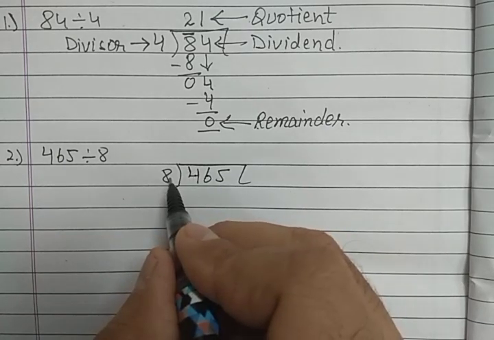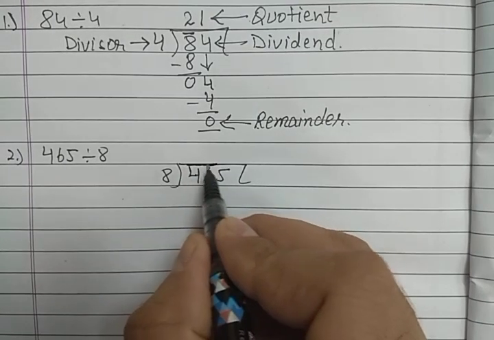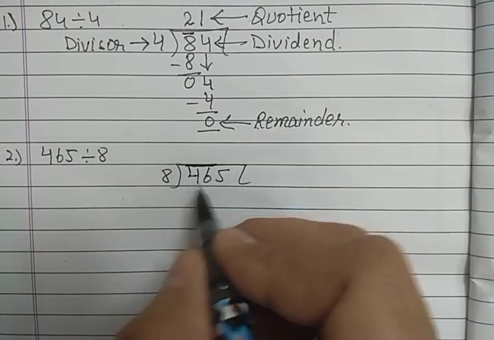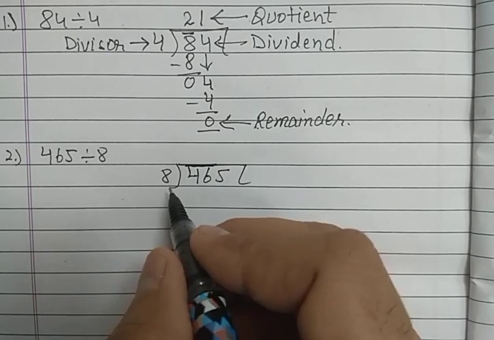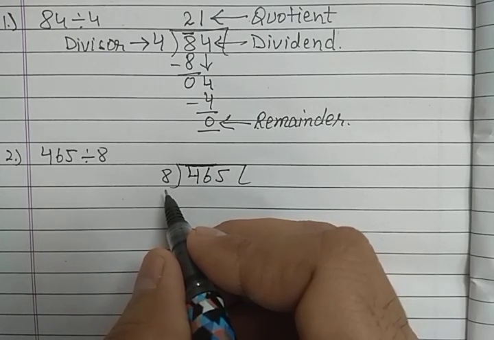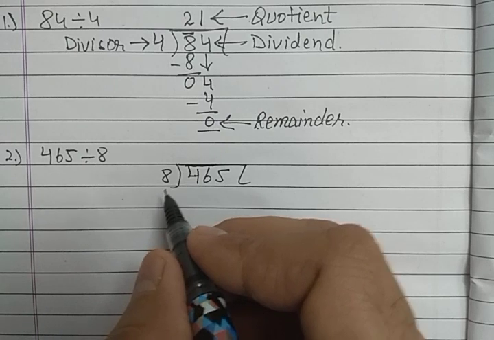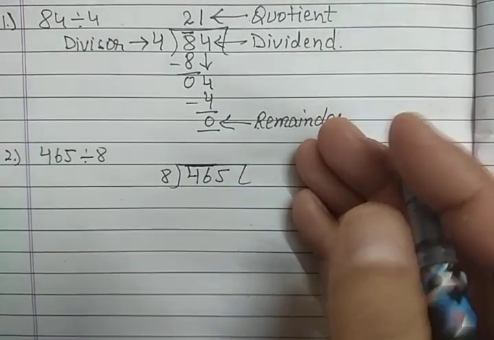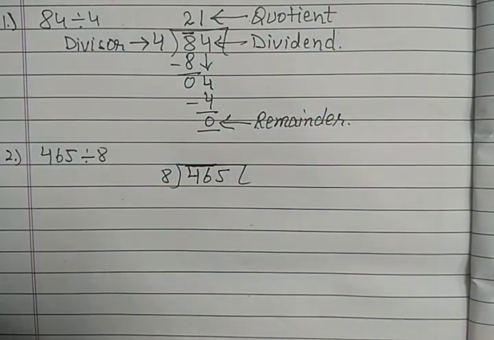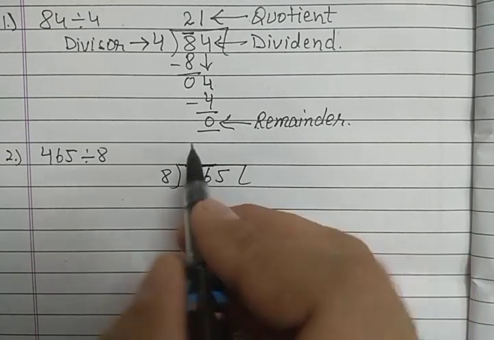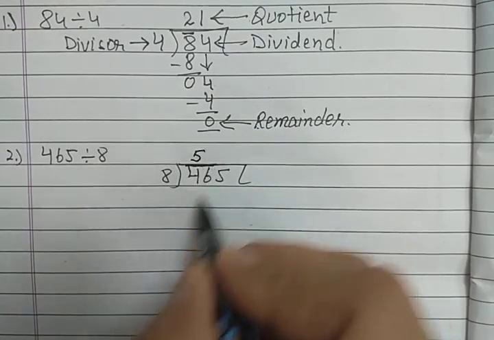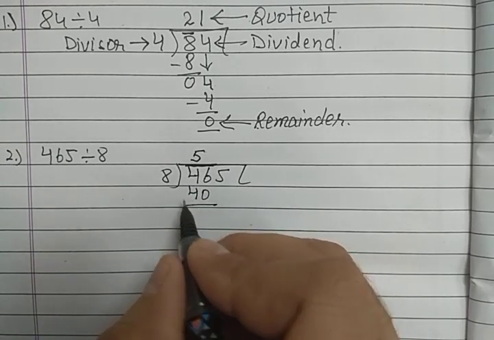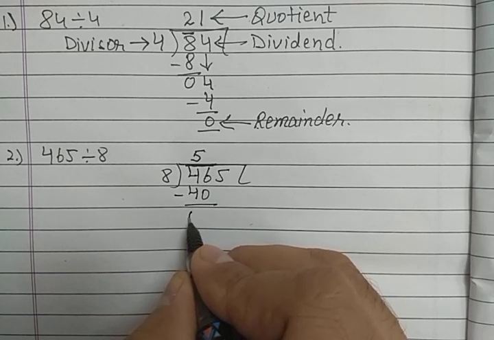Now 46 is greater than 8. So I will take these 2 digits. Now I will recite the table of 8 till 46. So we know 8 5s are 40, 8 6s are 48. 8 6s are 48 is greater than 46. So we do not take the greater number, we go to the number before it. So we will take 8 5s are 40, because 46 does not come in the table of 8. So now we will subtract it.